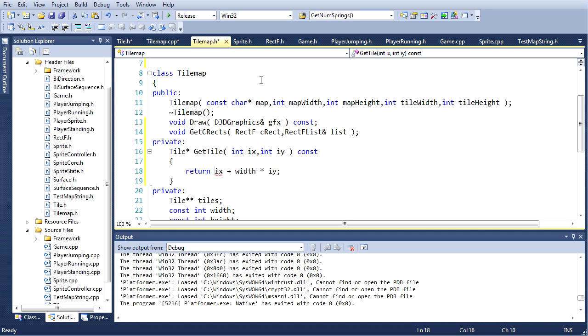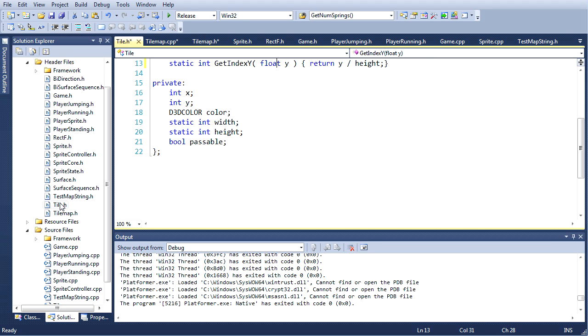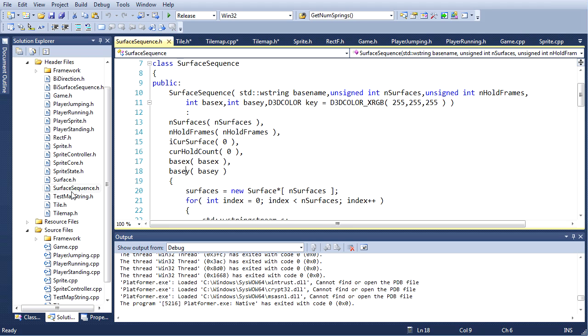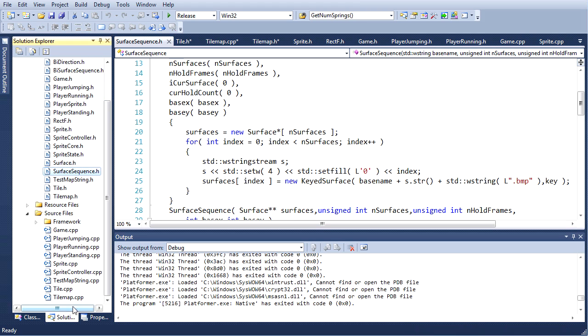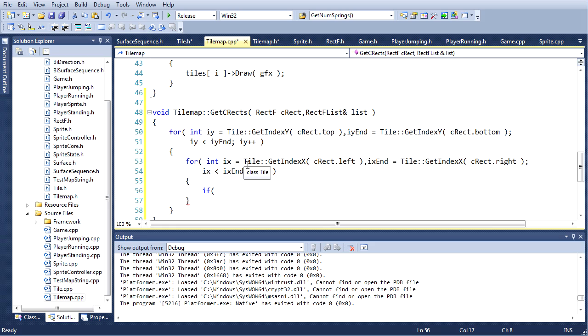Return tiles at this index. There we go. That's even better. I'm not sure if I'm allowed to make this constant though, because the tile isn't constant. Well, we'll see. Maybe I'm allowed. Maybe I am forbidden. Okay, so if get tile ix iy, pointer to